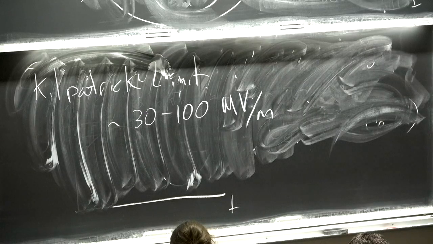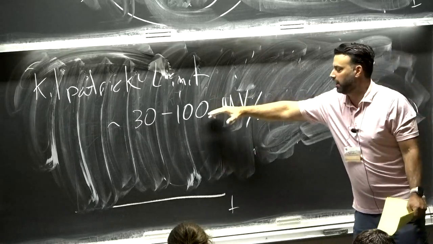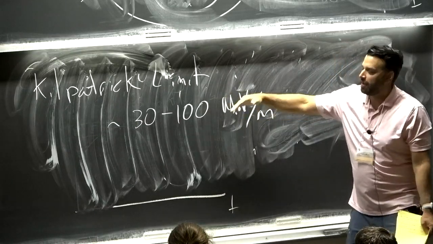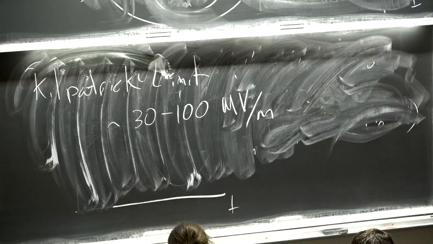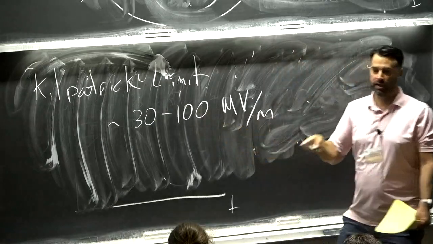Now, the nice thing is, compared to the tandem accelerator and the Van de Graaff accelerator that I showed earlier, we said that was about 3 megavolts per meter. This depends roughly on the frequency of these cavities, and as I said, superconducting versus normal conducting. But what we see here is we've gained roughly an order of magnitude or more, 1 to 2 orders of magnitude compared to electrostatic accelerators. Yep.